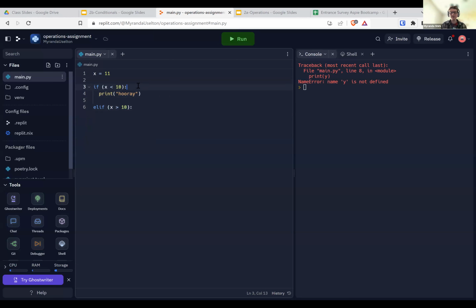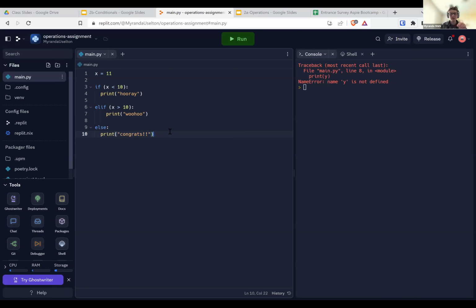colon. This colon here is important. I forgot to mention that it has a colon, but you do need that. It's kind of like if you're about to give someone instructions, you say your instructions are colon, then the instructions. Don't forget this colon here. So now elif x is greater than 10, print woohoo. And now the else statement, we just do else colon, you need the colon, enter, and Replit will automatically indent for you if it sees you have something here that needs indentation. And then else, print